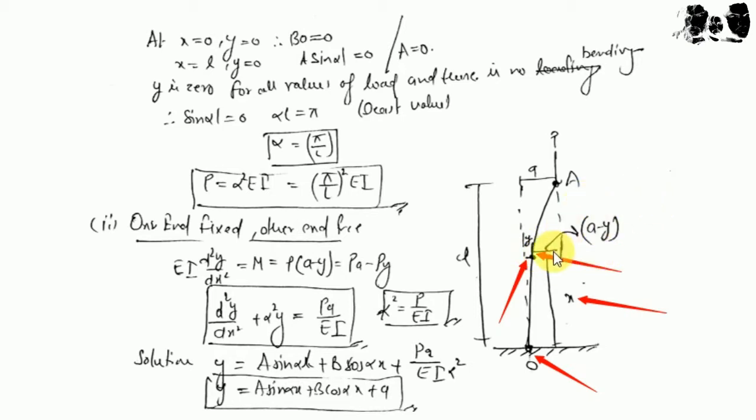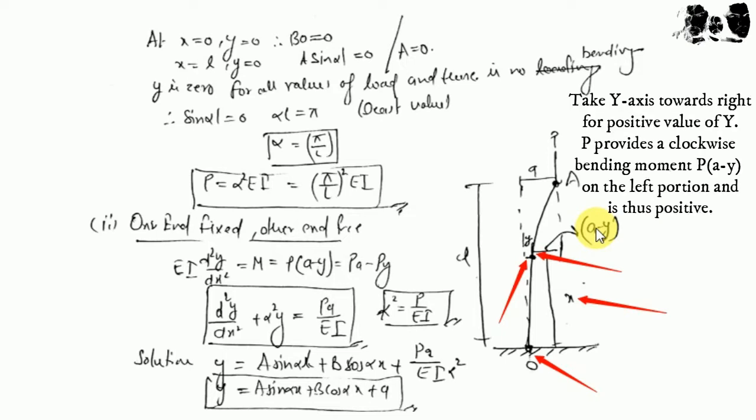So the bending moment is P into a minus y, and as we did in the last condition, we take the value of bending moment in the negative side